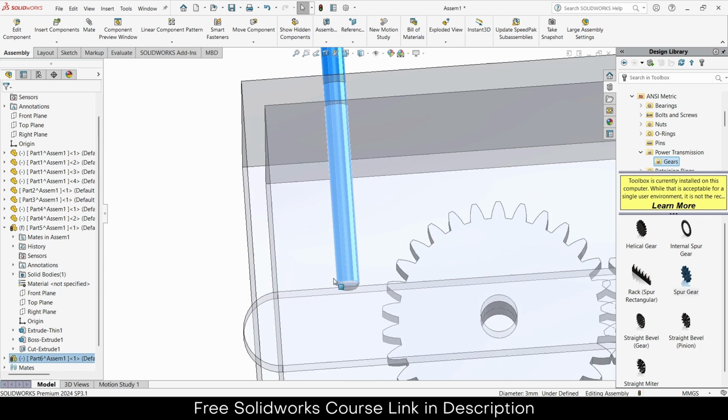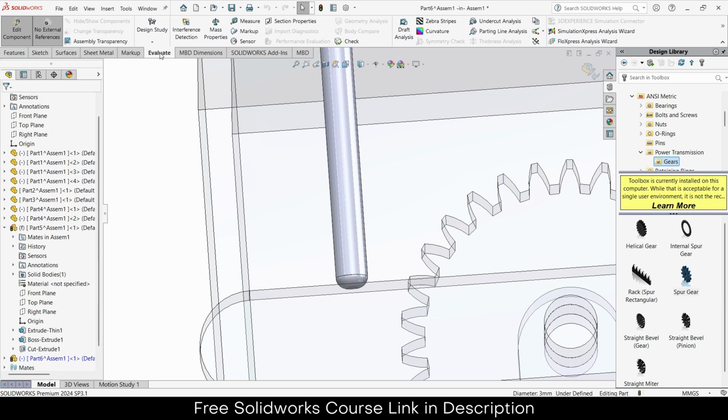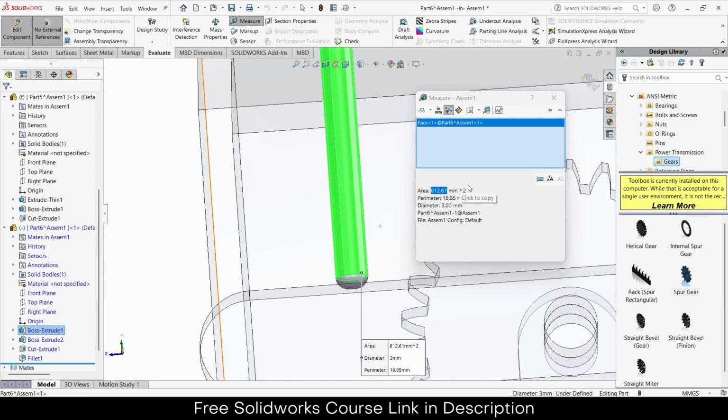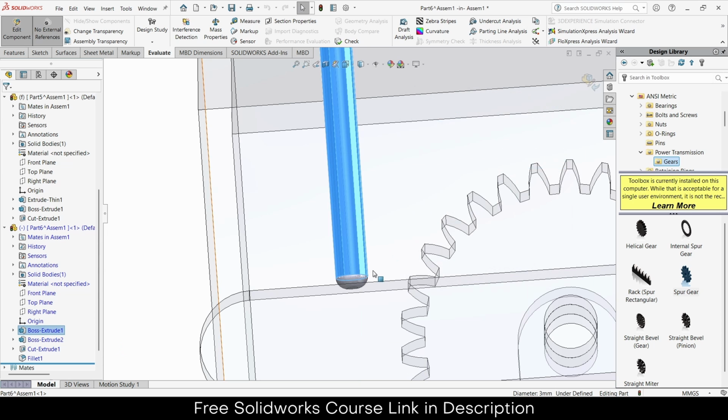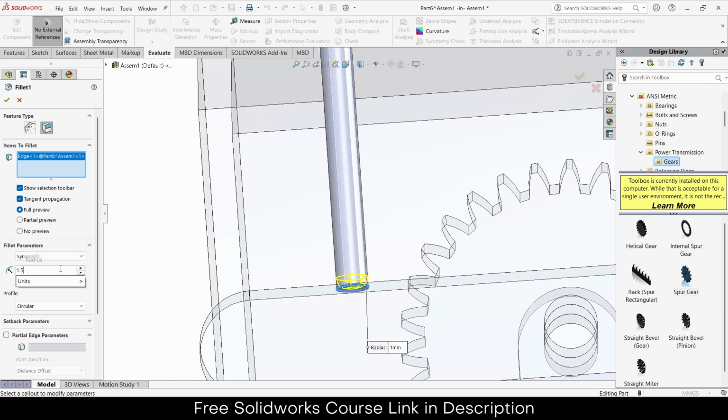Okay, so I guess I have to do some changes. So select this, edit component, evaluate. Let's first check what's the circumference. Diameter is 3. Okay, so I will select this one, and fillet I will change the value. I will change it to 1.5 mm. Click OK,